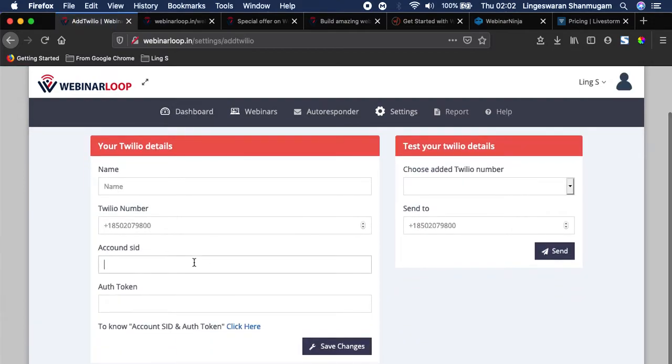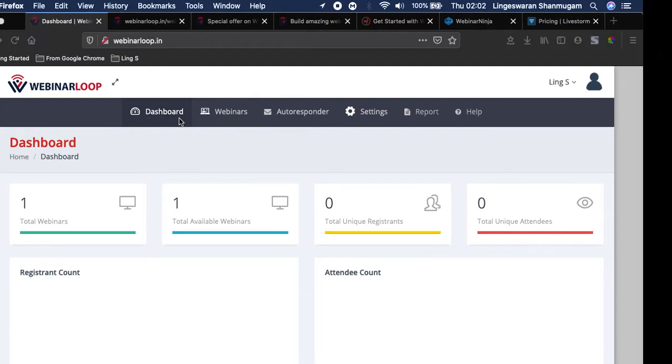and you have the SID from the vendor, which is Twilio, which you need to sign up with. You will get the unique number, an account for all this. So I certainly feel Webinar Loop is definitely a wonderful product for someone who is putting a lot of effort into marketing their product and building their sales funnel for their product or services.